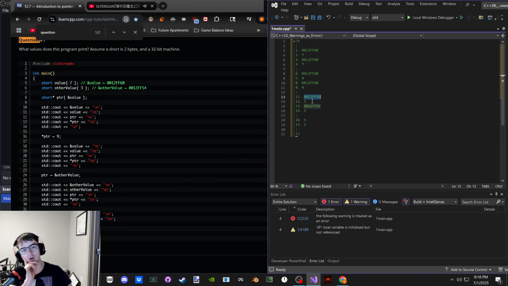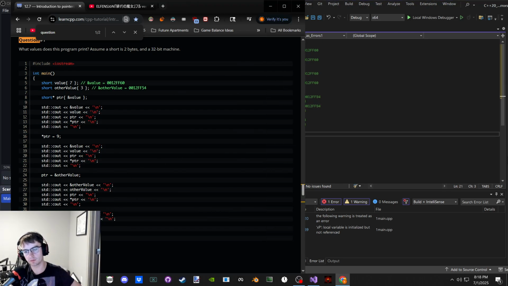Now, address of the new variable, or new object, value of that variable. The pointer is pointing to it. So it's that same location. And then the value by dereferencing the pointer instead of just accessing the variable itself. And then the size of the pointer in this case, which is 32 divided by 8, sorry. And then the size of what the pointer's pointing at. Short.